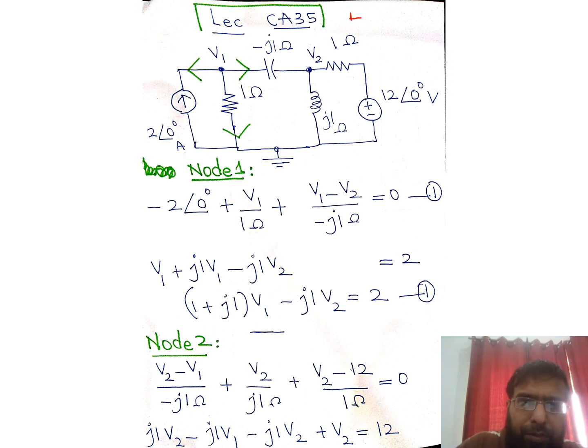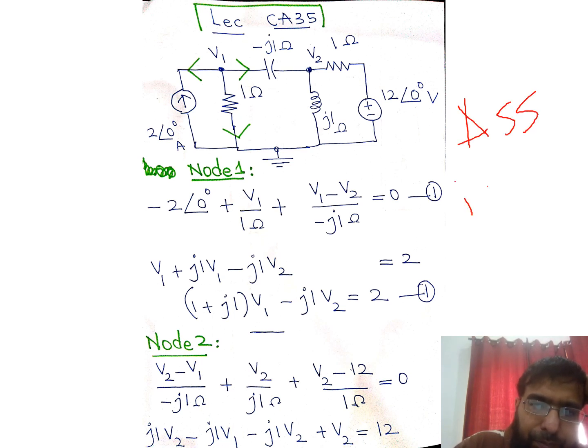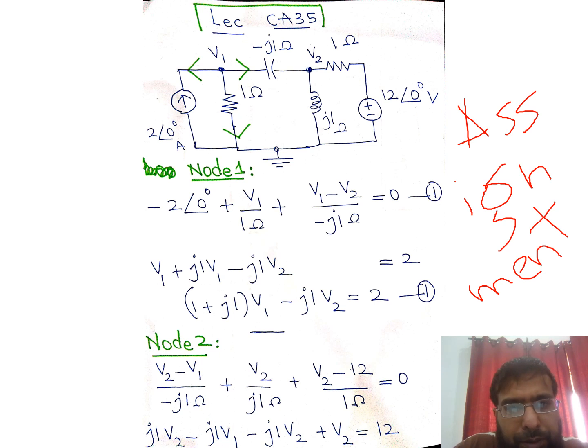In this lecture, we will be solving a question that is given to us by a student, and she wants us to solve it a little bit. It's actually an assignment question. It involves a circuit that includes a current source, a voltage source, two resistors, a capacitor